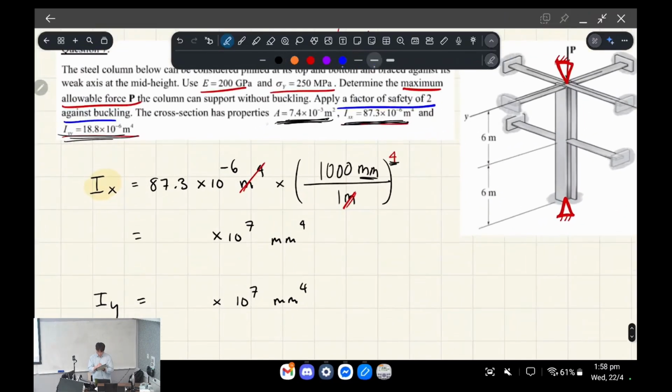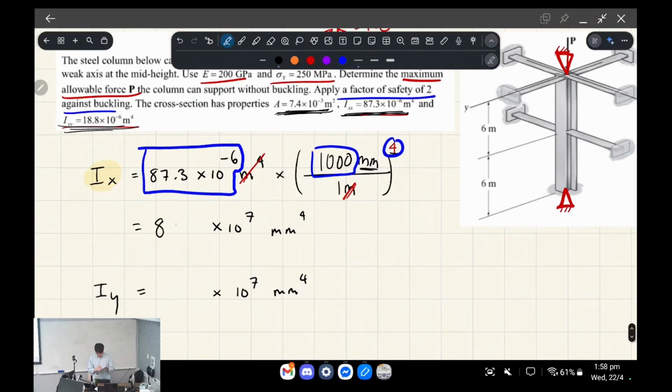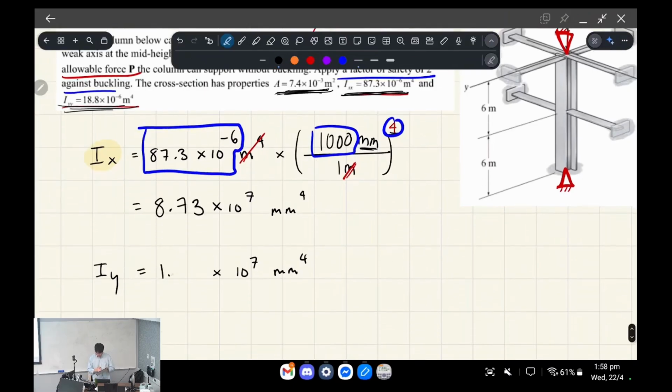So if I was to type this into my calculator, the way that I would do it is I would type this part times 1,000 to the power of 4, okay? And then it'll give you the perfect number that you need on your calculator. If you have this in scientific notation or whatever, which will be this, okay? You do the same thing with the